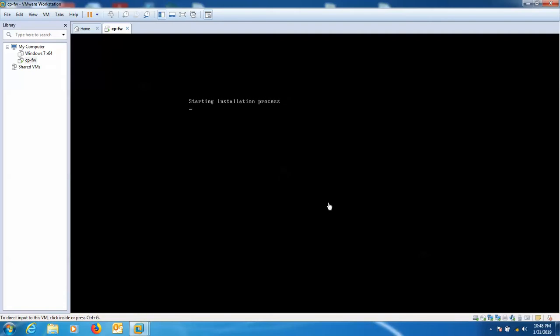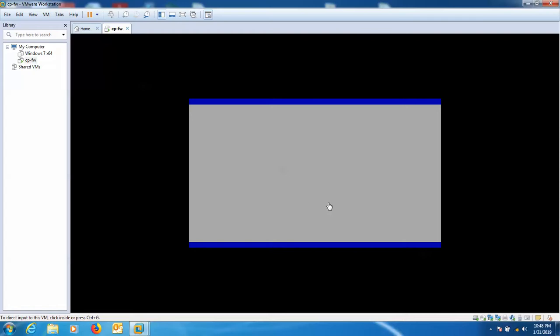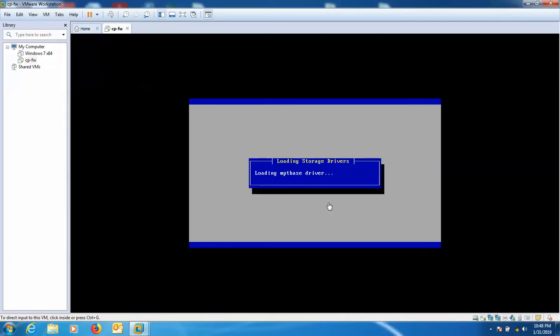And wait for installation process. This is the loading of storage driver.